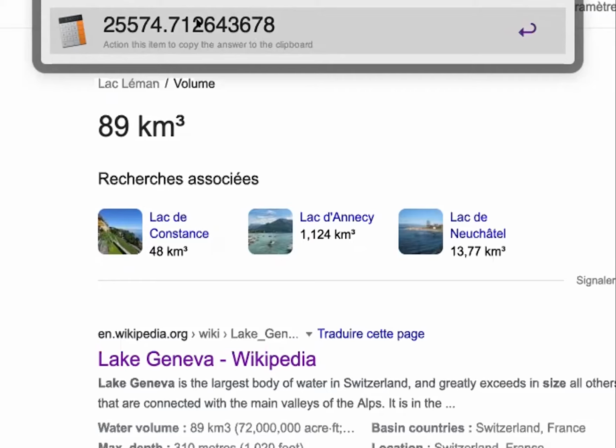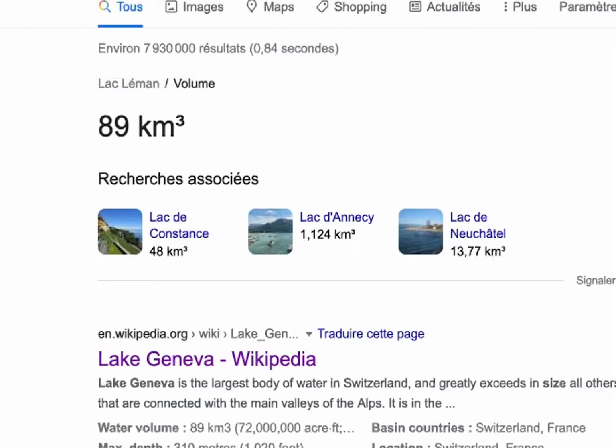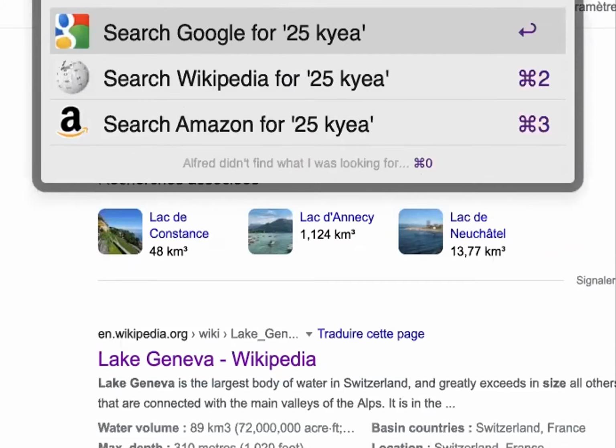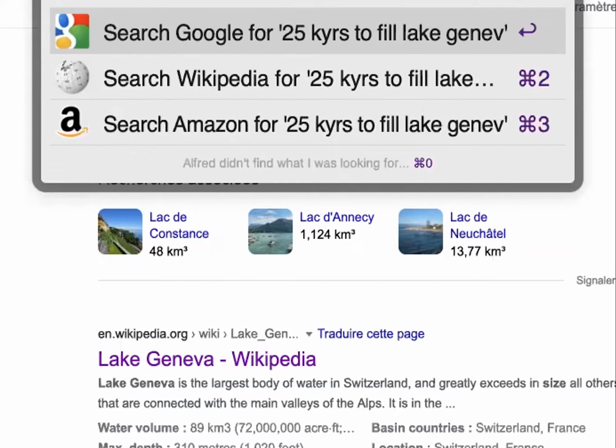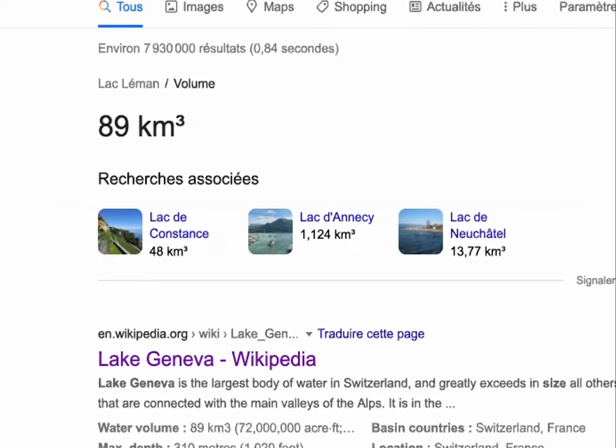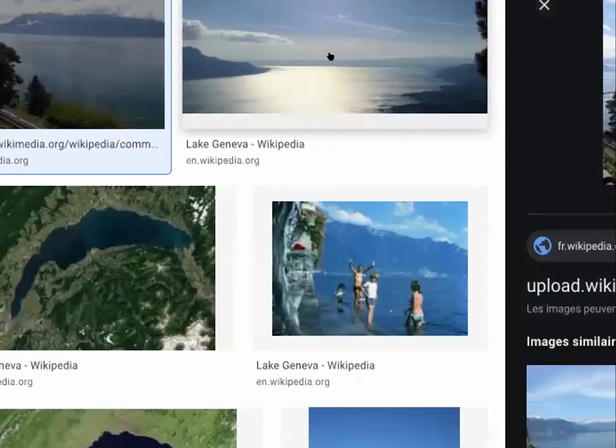It would be like 25,000 years. Exactly. So we have 25 kilo years to fill Lake Geneva at that rate. So in 25,000 years, Lake Geneva